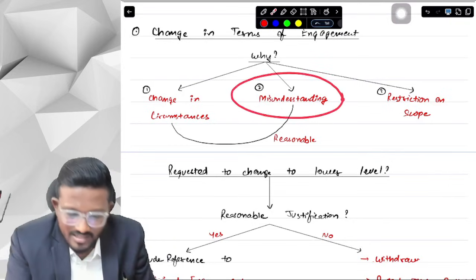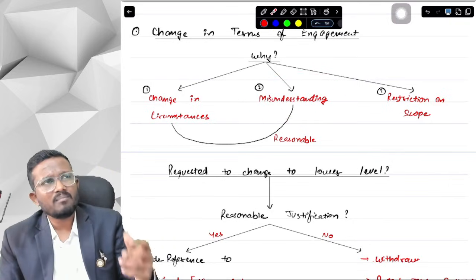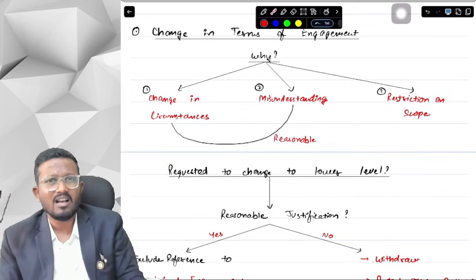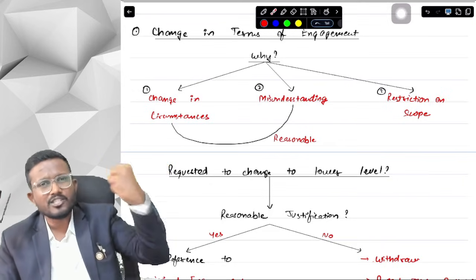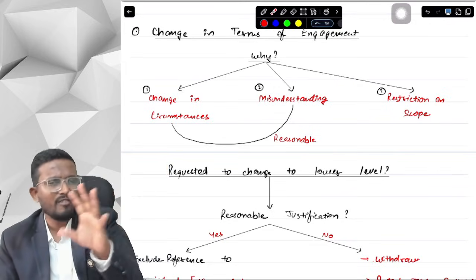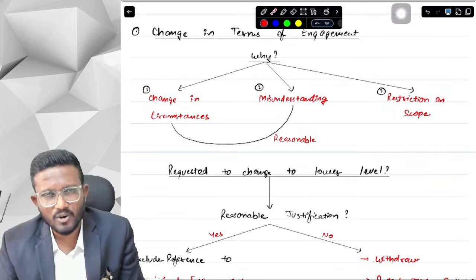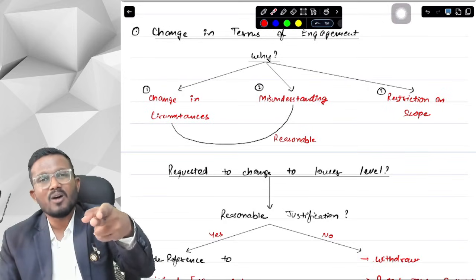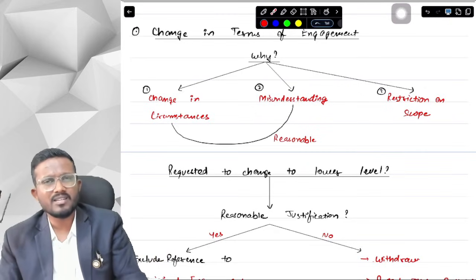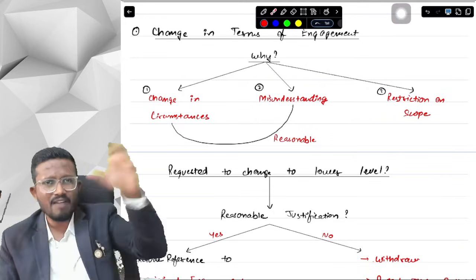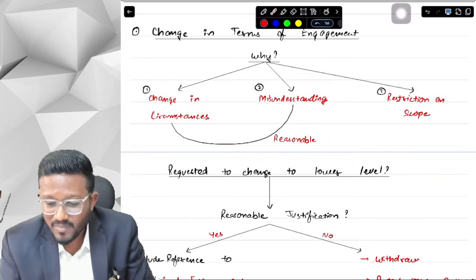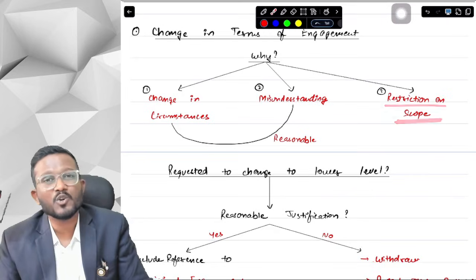Secondly, there is a misunderstanding. When management appointed us as an auditor, management thought in the audit we will check everything, the operational part as well, the executional part as well, the internal controls as well, and the financial statement as well. But we were only checking financial statement and internal control. So there was a misunderstanding from management's perspective about the auditor. So now the management says that I don't want audit, I will hire an internal auditor for doing everything.